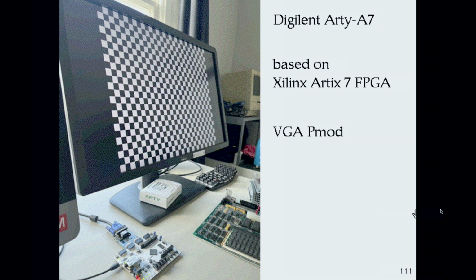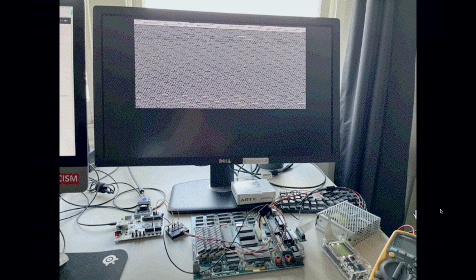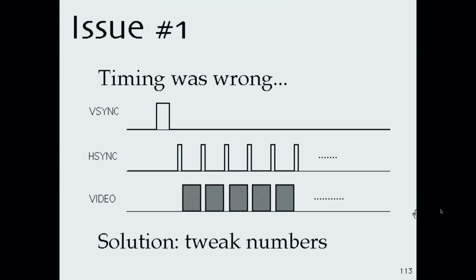I didn't actually learn hardware at uni. I just did mostly maths and software. So this was good fun for me. I had this dev board that I got at LCA once called an Arty A7. It was powerful, plenty powerful enough. And a little PMod board that let me adapt it to VGA. There it is plugged into the Macintosh logic board and running. And as you can see, it's not quite the clear picture that you would expect. It's completely wrong, in fact. Basically, my issue was timing.